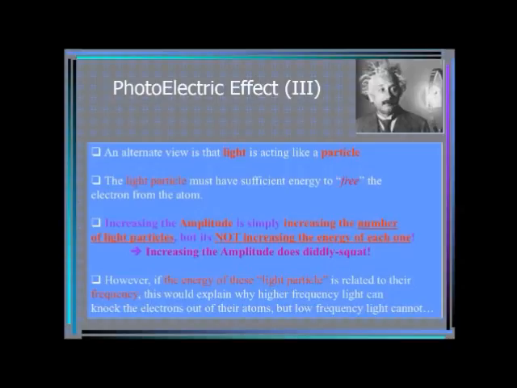So increasing the amplitude did not work, but increasing the frequency really increased the energy of the wave, and hence we get the electrons out of the orbits. With lesser energy we will get small kinetic energy of the electrons, and with higher frequency, or you can say with higher energy waves, we will get high velocity or high kinetic energy of electrons emitted from the metal surface.